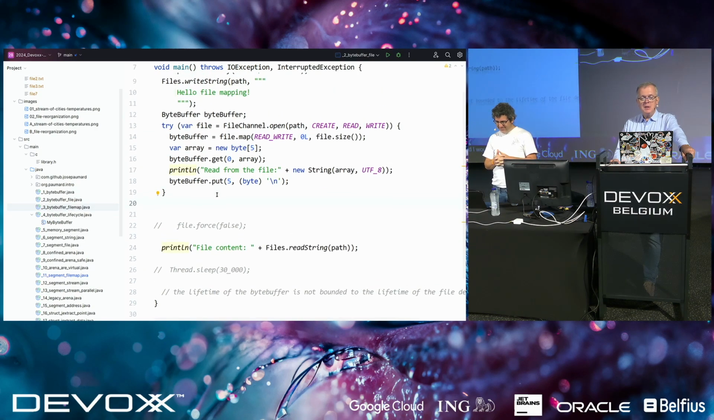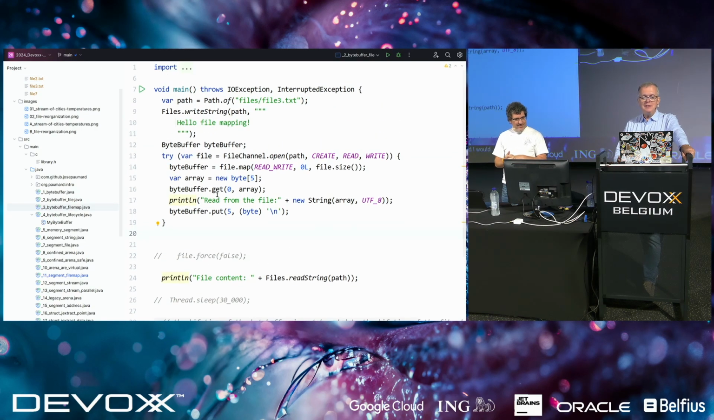All right. But there are other issues that are a little more annoying. So this code is basically the same kind of code. I'm now writing hello file mapping in file3.txt. And you can see that here I am just getting this new array, and I get the content of the ByteBuffer in this array, so I can read it, and I can put directly in the ByteBuffer